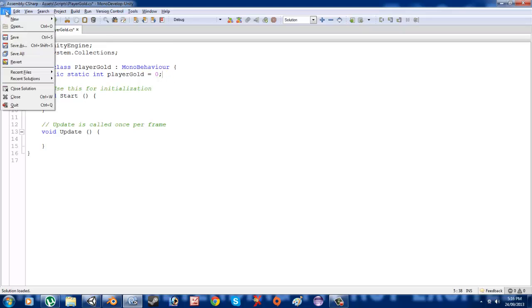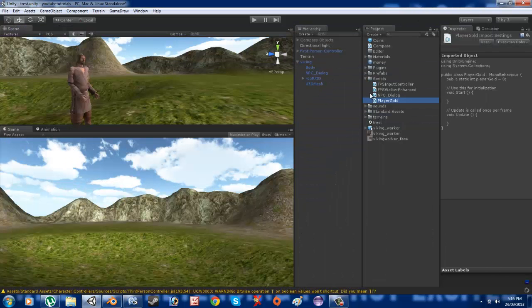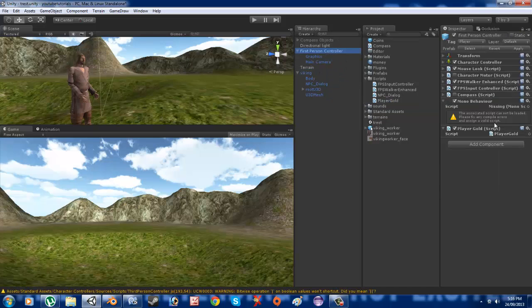Okay, let's save that one off. Head back into Unity, and I'm going to add this player gold to the first person controller. I've changed these, by the way, to C# for the character motor and whatnot. You can keep JavaScript if you wish, but I like to keep everything in the one language. It's a bit easier to work with,